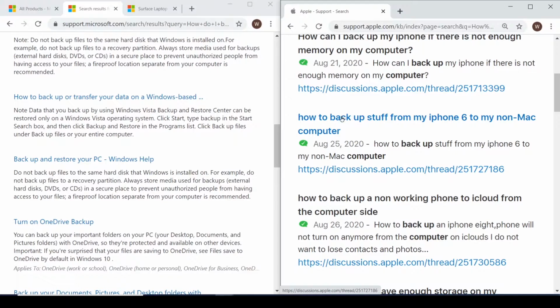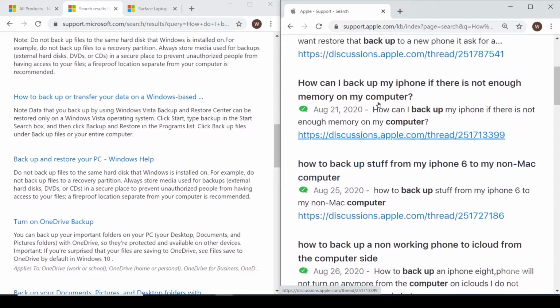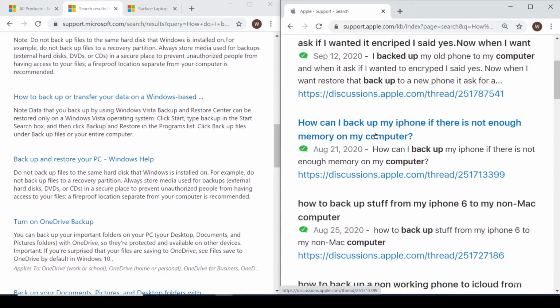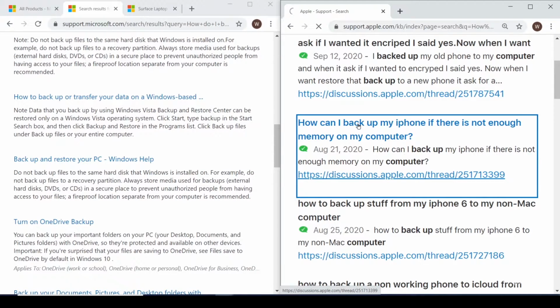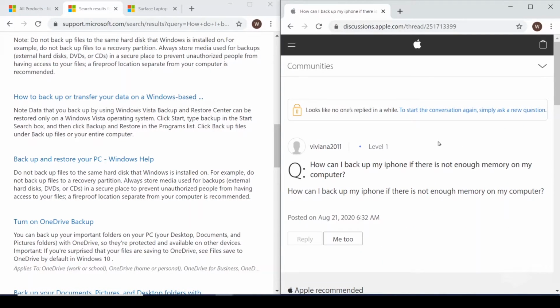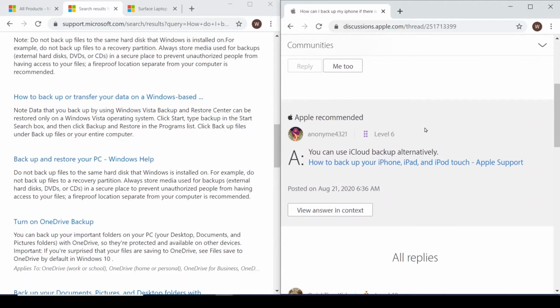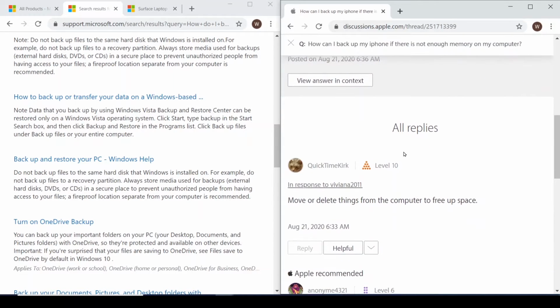So if I say how to back up stuff on my iPhone 6 to my non-Mac, and that's a recent question. So somebody has an older iPhone that they're using. How can I back up my iPhone if there is not enough memory on my computer? So when I click on that, it goes to that discussion, and then they have recommended answers. You can look at that answer, or you can scroll down and look at the rest of the replies to